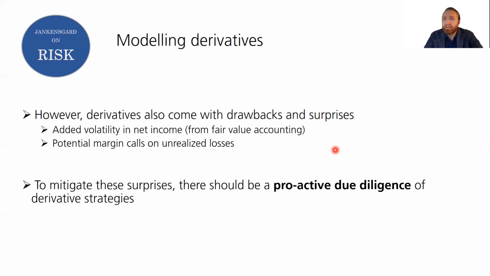But it later turns out that there are indeed many surprises in store. You get these even in so-called good scenarios where, from a commercial point of view, things develop well. So you think you should be fine, but then you get some of these unrealized losses on these derivatives that you have to report in net income, potentially far exceeding your commercial gains because of how fair value accounting works, right? And then if there are margin calls connected to that, you could be in for some pretty rough liquidity